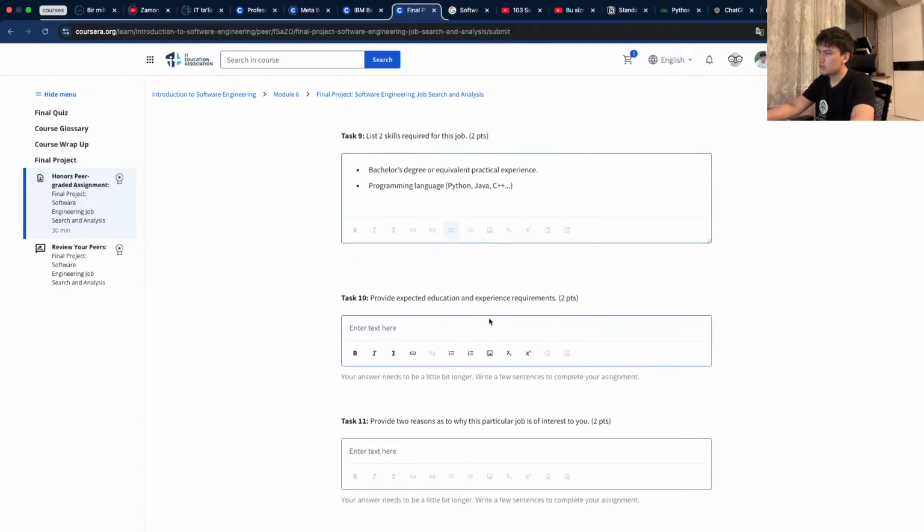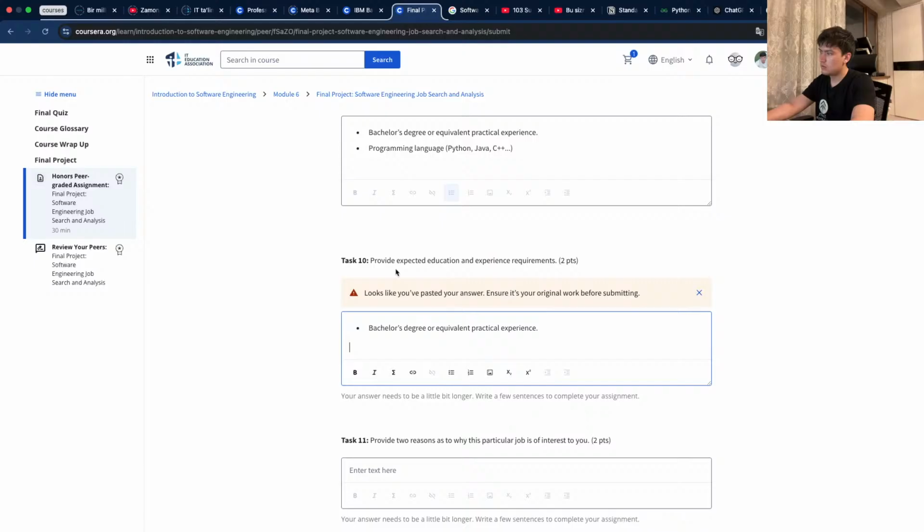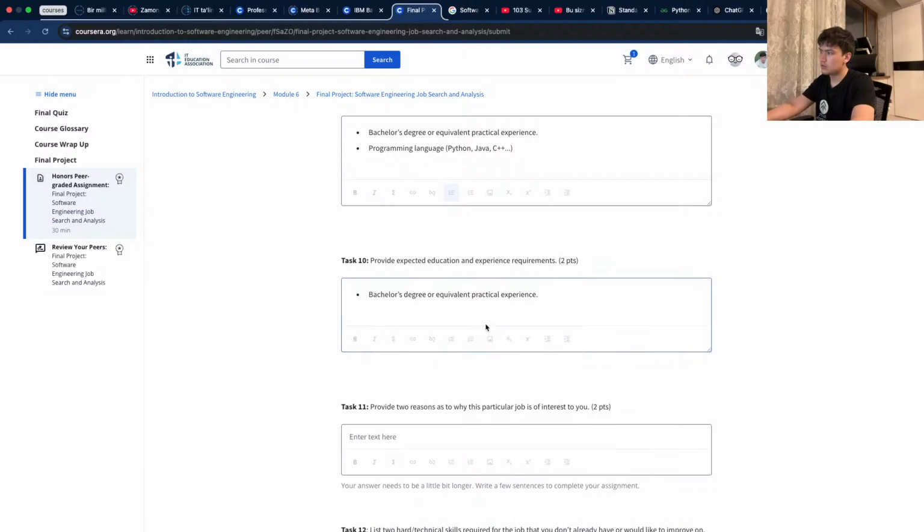Expected education or experience requirements: bachelor degree or equivalent experience.